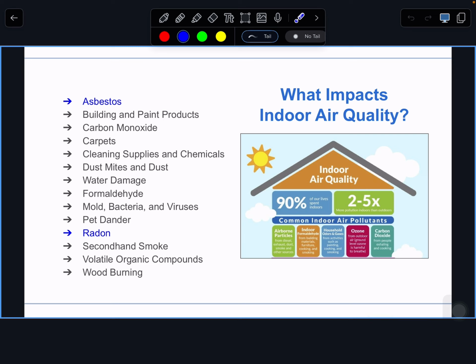Absolutely. So radon. Let me draw a little picture to the side so you guys can see what's going on. So you have your house, right? Radon only affects houses that have a basement. So if you're like me and your house does not have a basement, radon's not a big deal at all because radon comes from rocks. But if your house does have a basement, so here's the ground, radon comes from rocks and it can seep into your basement. The problem with radon, and this is the question that they will ask you on the test, guaranteed on my test, guaranteed on the AP test, so I would definitely write this down, is radon causes lung cancer. That is the biggest thing about radon, is it causes lung cancer.